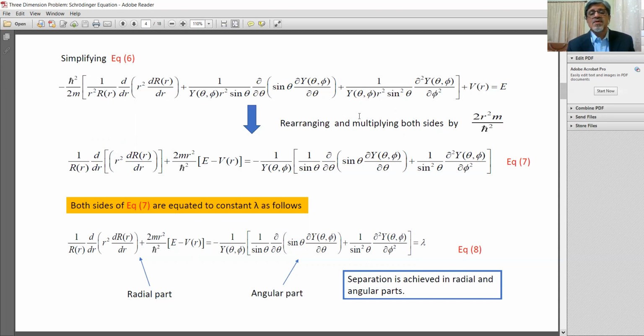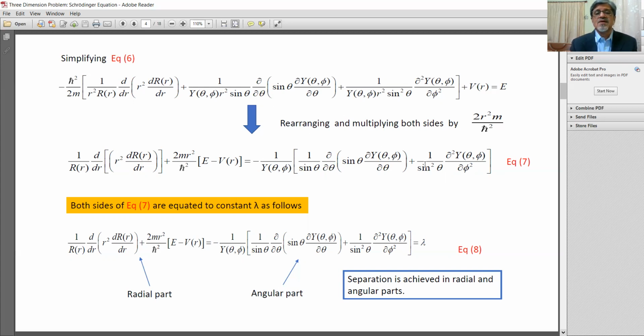Now, rearranging this term and multiplying both the sides by 2r²m. So m is cancelled out, and dividing by ħ², this ħ² is cancelled out. And again, r² is there, so this r² is again cancelled out. So we'll get 1 upon R(r) d/dr of r² dR/dr, and it is multiplied by each term, so 2mr² divided by ħ² (E minus V(r)), and taking the angular